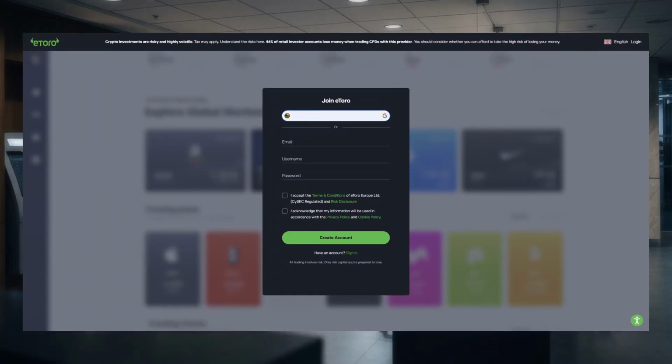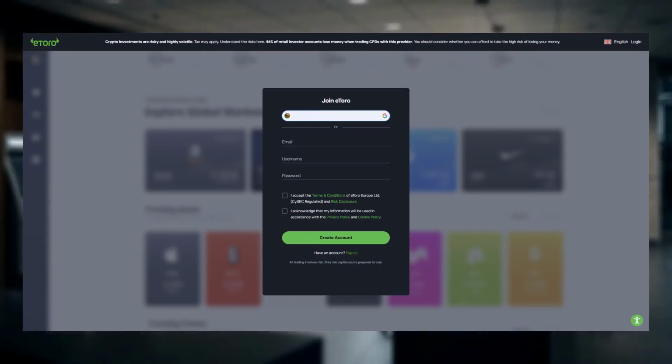To buy shares, you need a brokerage account, and I will use eToro as an example to show the process. After registering, you will need to verify your account, usually with an identity document, and add funds before you can